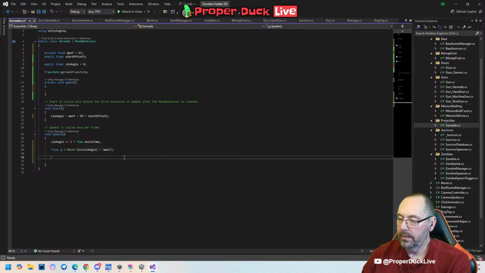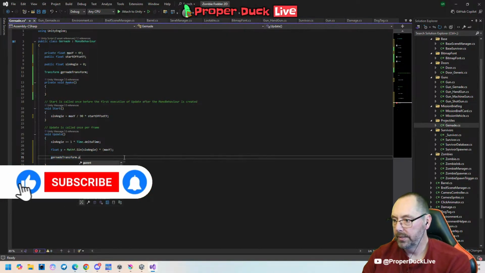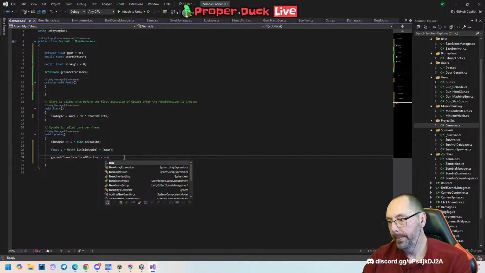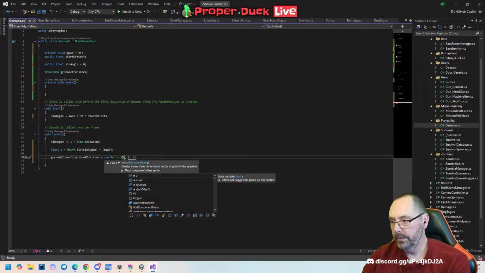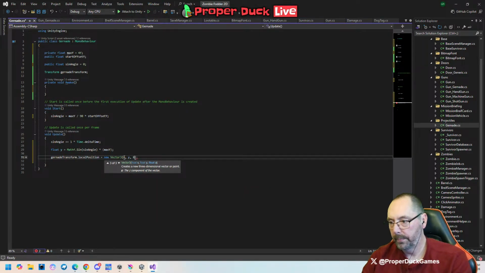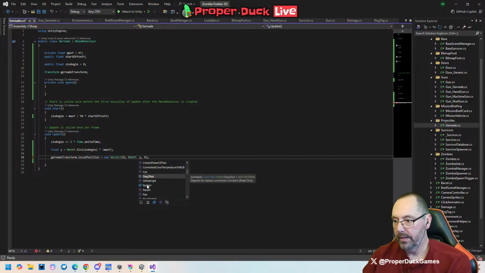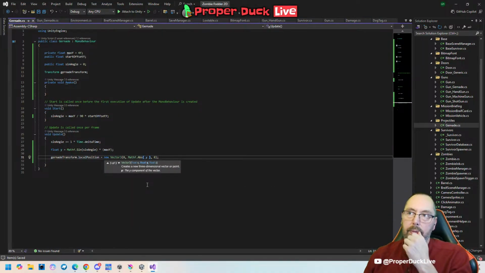Then grenade transform dot local position equals a new vector 3. And x is 0, y is going to be y, and then 0, 0, 0. Oh, and like we discussed, Mathf.Abs y. So, and then also,